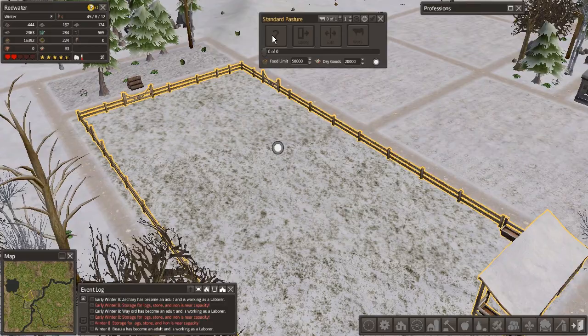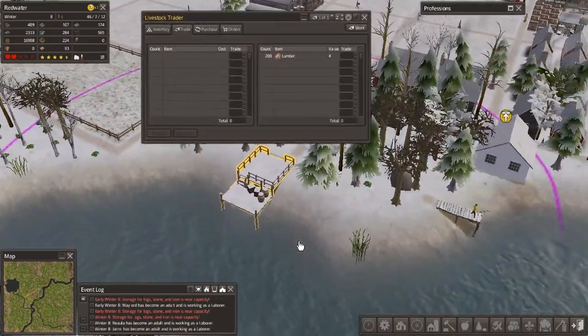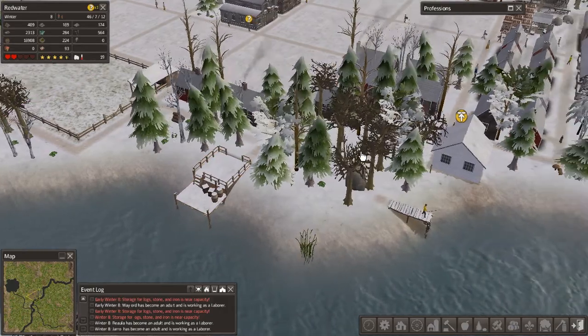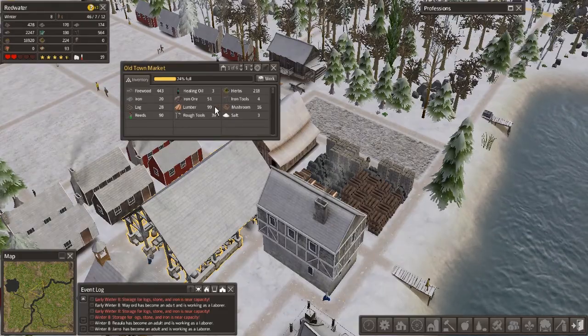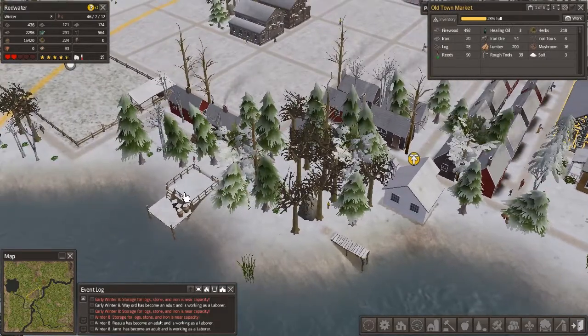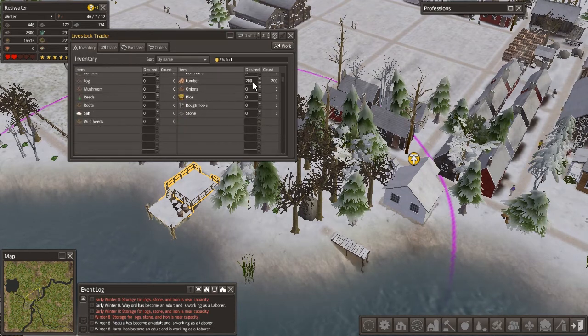Alright, okay. Pasture. We actually have not had anybody come by. Okay, alright. Let's see how we're doing on the logs. Well, how much do we have? We have 99. Okay, so I have an idea. We're going to put this as, let's see. Let's go into inventory and let's change the lumber to about...